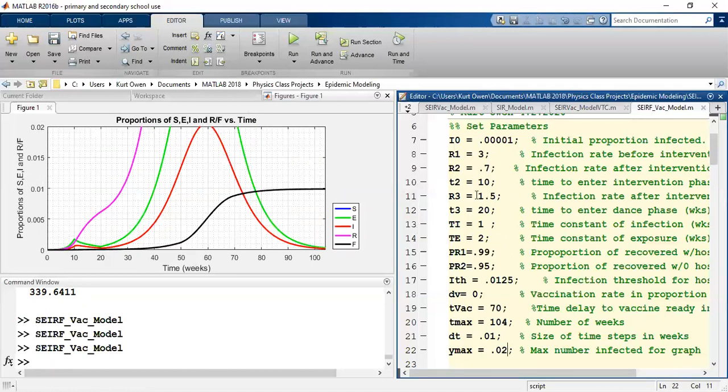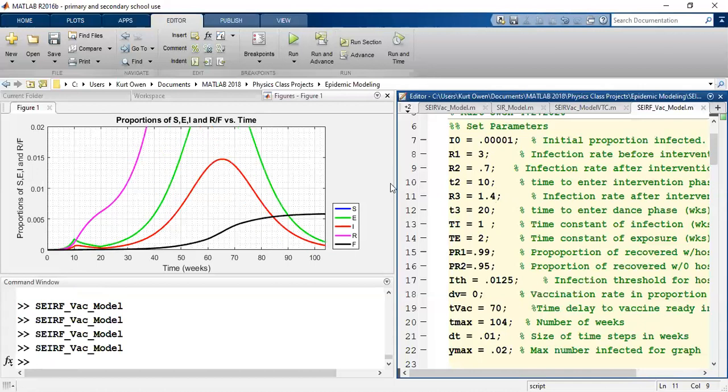Now we said the peak now is probably a little bit low. It's probably up here, a factor of 10 higher. So actually that might be about right for the second peak. But if we were to bring R3 down even further, let's make that 1.4, we can see that second wave effect gets better and better, all right? So we might have a level that we would be able to handle medically.